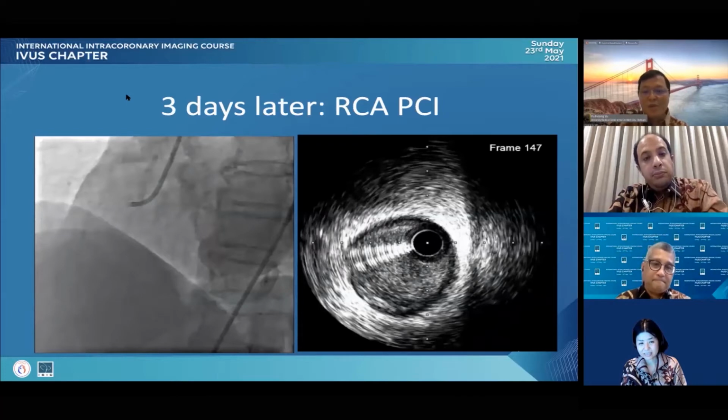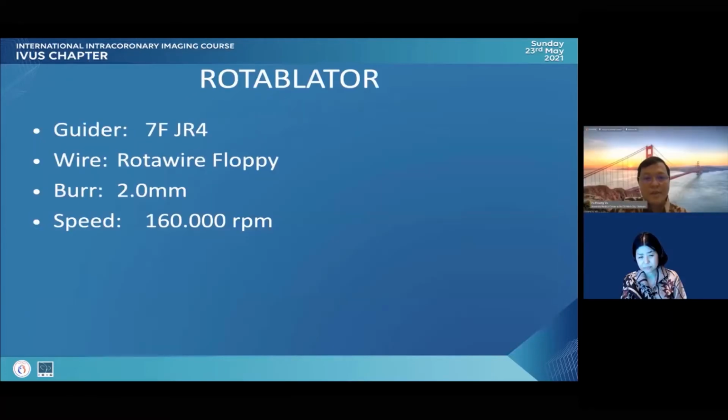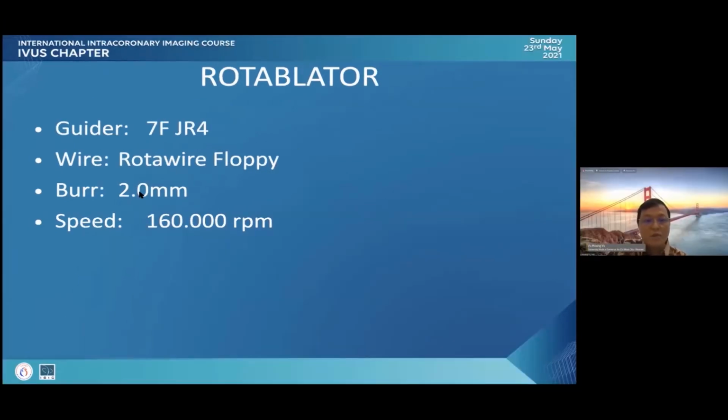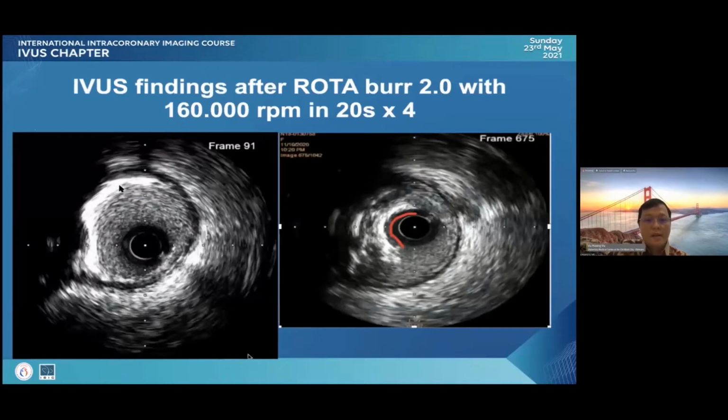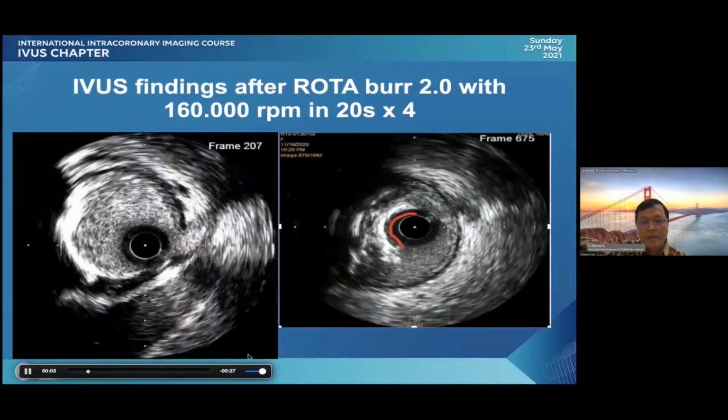Because of the calcified nodule, and we want to do PCI in this case, we prepare the rotablator. This is the Rota Wire Floppy, burr 2.0, because we measured the minimal lumen area at about 1.7. So we chose the 2.0 burr and a speed of about 160,000. And this is the IVUS finding after we tried some rota runs. On the left-hand side is a run, and on the right-hand side you can see the